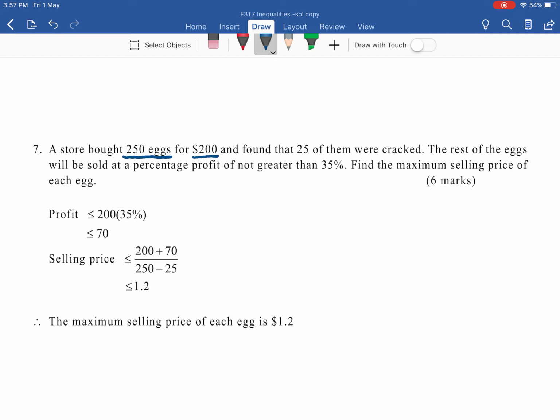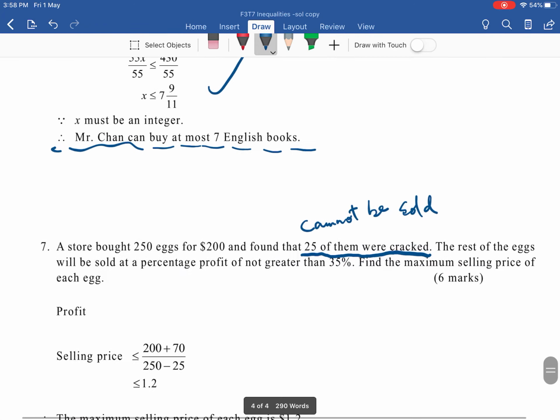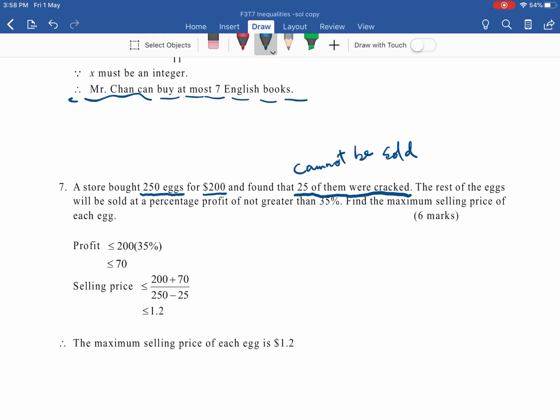250 eggs for $200. 25 of them are cracked, okay? That cannot be sold. Okay, the rest of the eggs, we sell the rest of the eggs at a profit not greater than 35%, okay? Find the maximum selling price, okay? You let X dollars be the selling price of each egg,